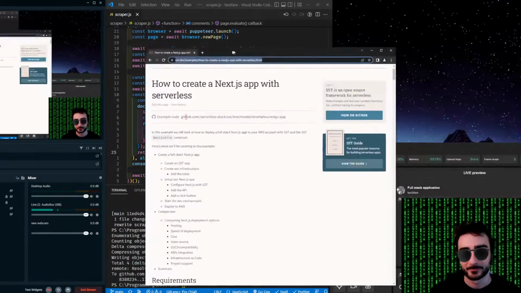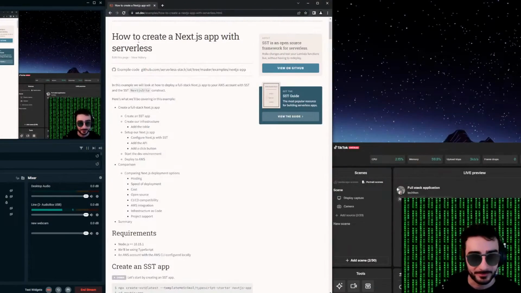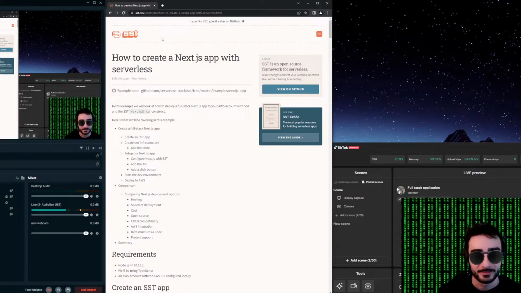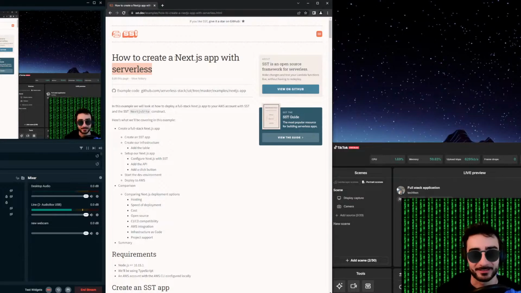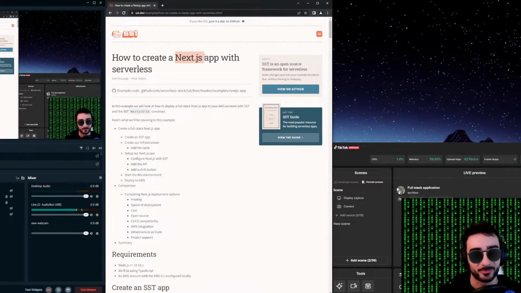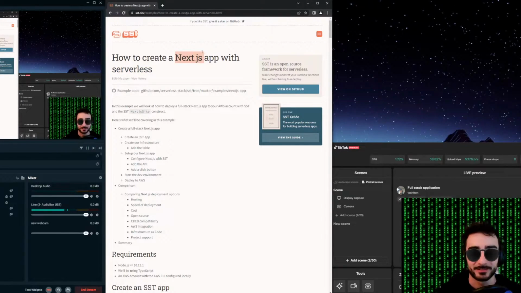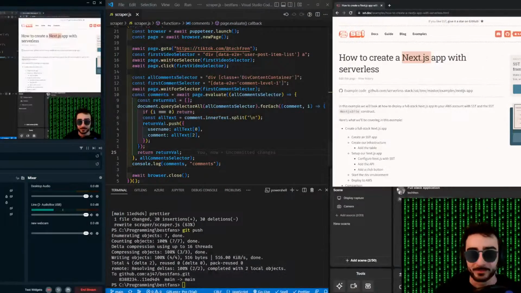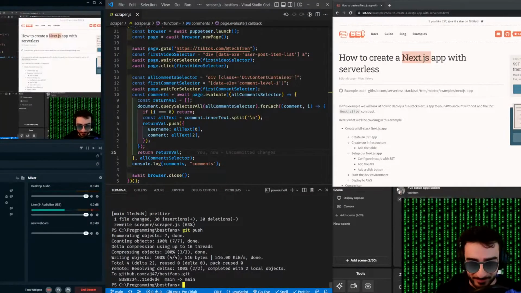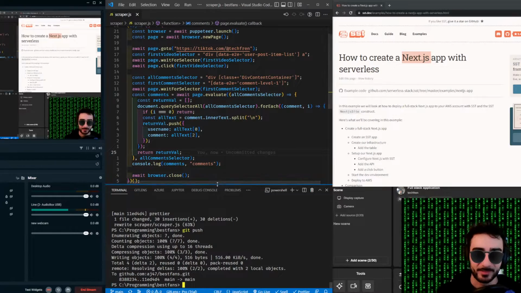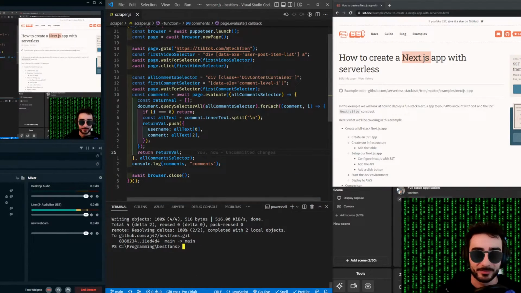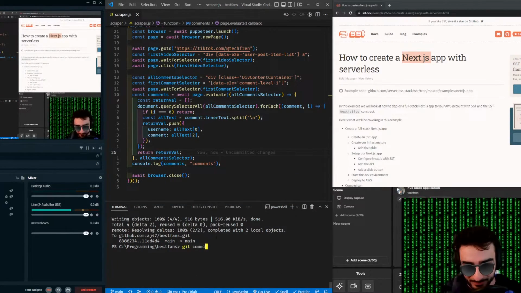So I'm planning to use SST to create a Next.js app with serverless. I've never created a Next.js app before, but I think it's just going to be a more optimized React app, essentially. So if you didn't see my snippets from last stream, I made this Puppeteer scraper that will scrape TikTok, and if I just run it here,